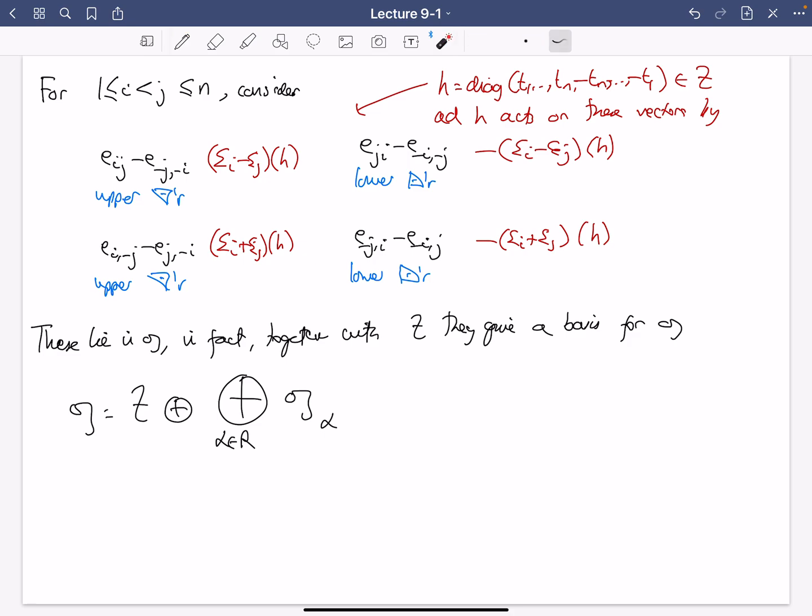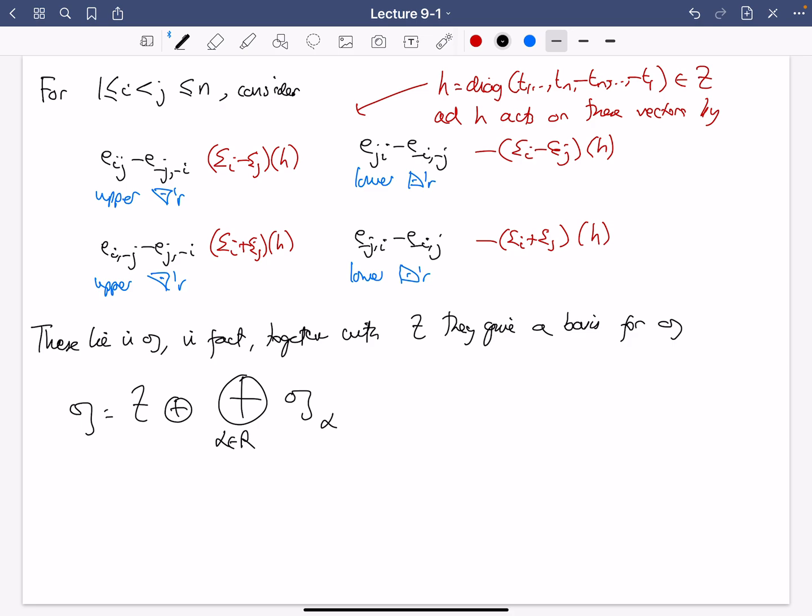So this is kind of easy to see. Remember, left multiplication on this top left block picks out the ith diagonal entry, and right multiplication picks out the jth diagonal entry. So that's that epsilon i minus epsilon j. And similarly, you get this epsilon j minus epsilon i. Here, left multiplication picks out the ith diagonal entry, and right multiplication picks out the minus jth diagonal entry. But the minus jth diagonal entry is minus the jth diagonal entry. So in the commutator you get a kind of double minus, giving that plus. You've played those calculations before a little bit.